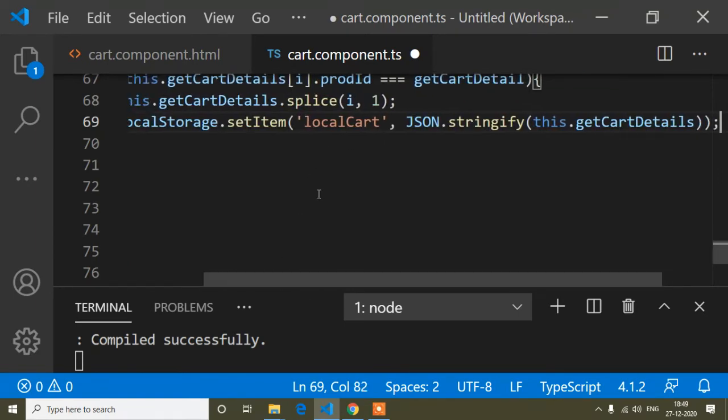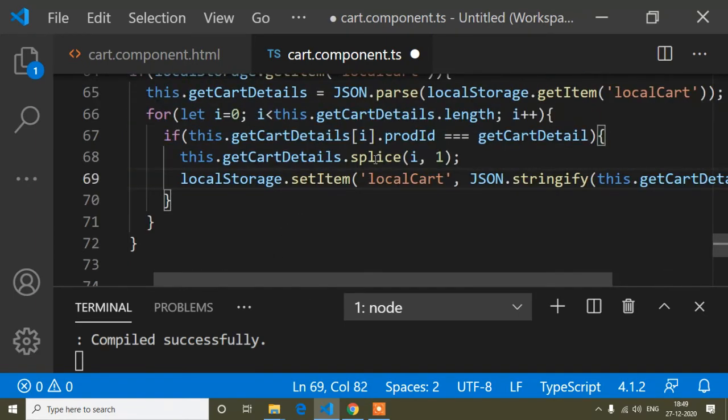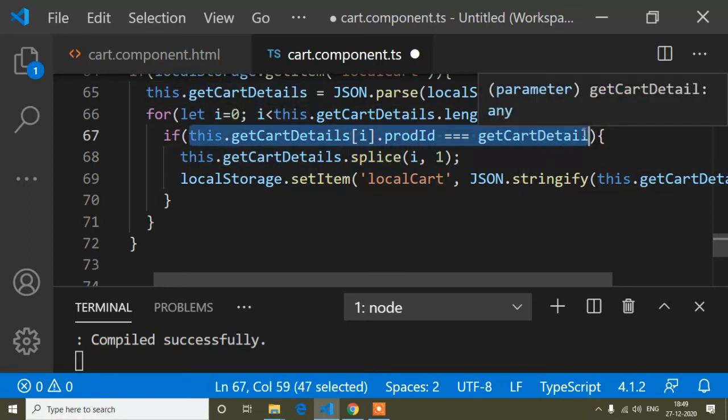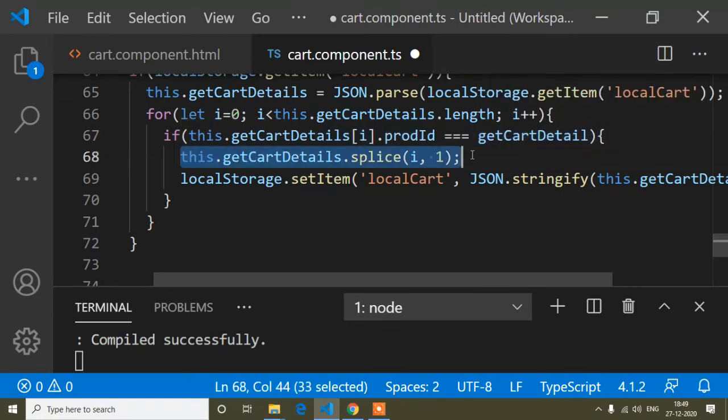The splice method is used to remove any object from an array. So if the product id is similar, which I click, and the local storage which I stored, if it's matched, then one item will be removed. So that's why 1. And after that, here I will store again.